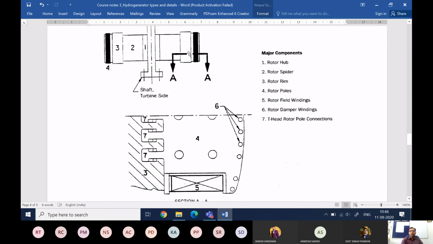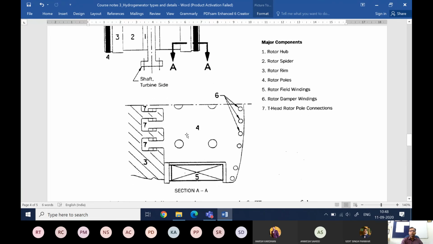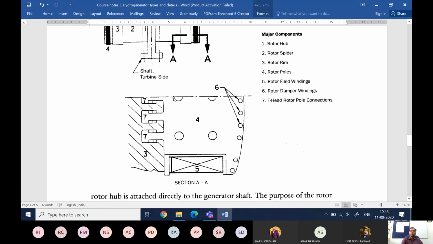Then this section, if you look at this AA section, where the rotor pole gets bolted to the rotor rim, that has been enlarged and shown here. So in this one, there are different things more you can see. So number 5 is the rotor field windings. As we discussed earlier also, the pole face is like this. The pole is facing in the horizontal direction.